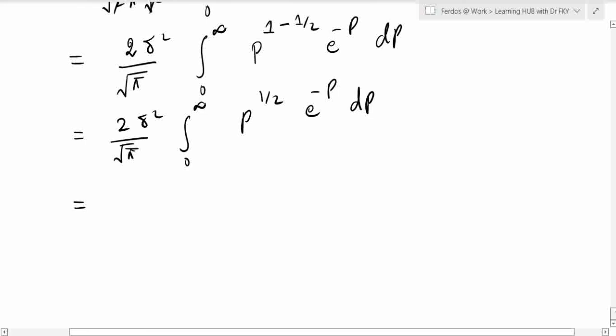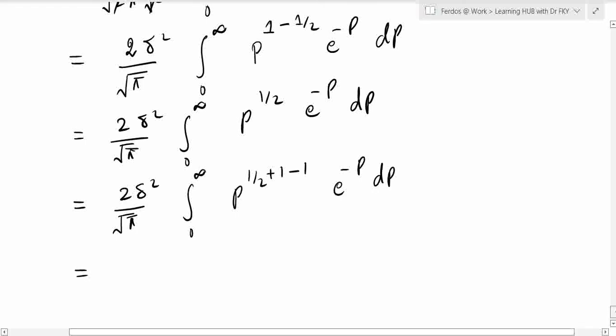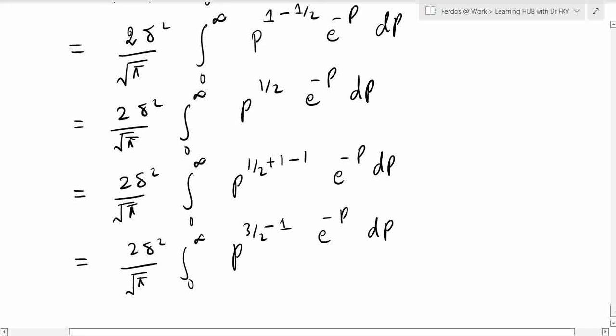So for that purpose we need to add and subtract something. Pi, 0 to infinity, p power 1 divided by 2 plus 1 minus 1, because we need this minus 1 in the power of p, e power minus p dp. So we need this minus 1, we also need to add 1. 2 sigma square divided by square root of pi, 0 to infinity, and this will now be equal to p power 3 divided by 2 minus 1, e power minus p dp. So you can use now